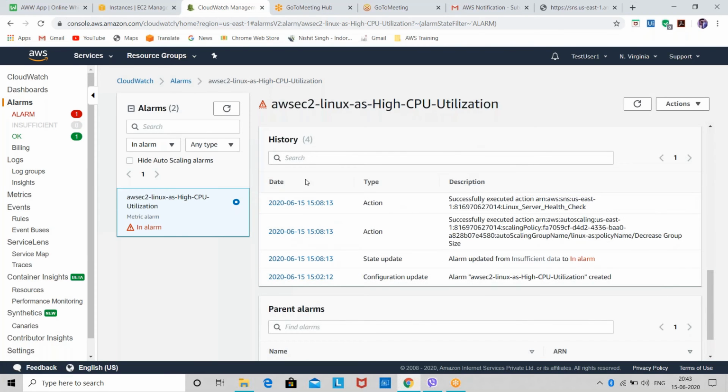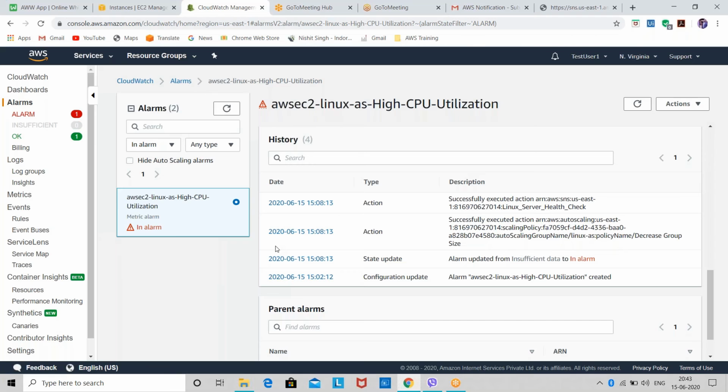Then they are showing us the history. So this is the history timings and all. Basically, these timings are based on North Virginia because we are working in North Virginia right now. So these are the timings of North Virginia. You will not be able to see the timings of your country or your time zone.